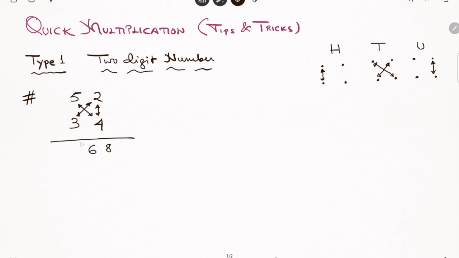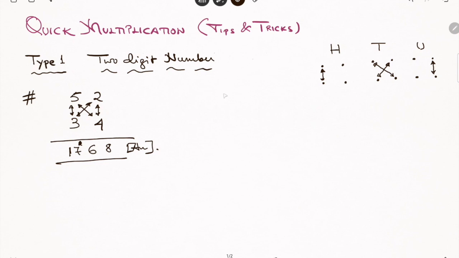And what about the 2? The carry part we write on top. Next again we come to vertical multiplication and we have 5 into 3, 15, plus the carryover 2, and we get 1768 as the answer.